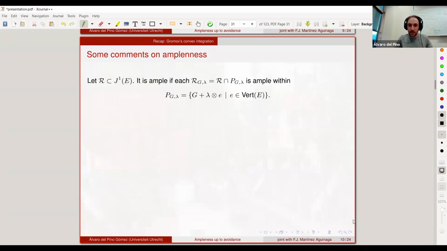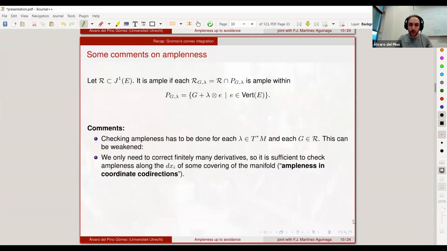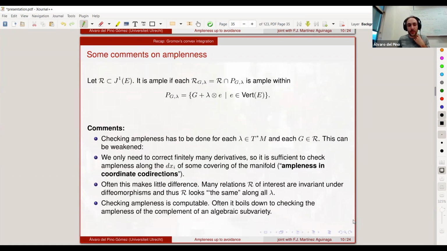So okay, let's maybe move on. I had a bunch of random comments. Basically the main comment of this slide is that ampleness is quite computable. Kind of obviously by definition it is something that you have to check for every g and every lambda, but